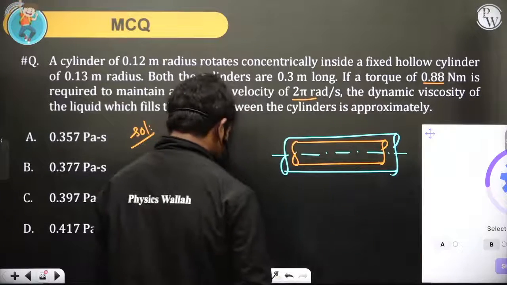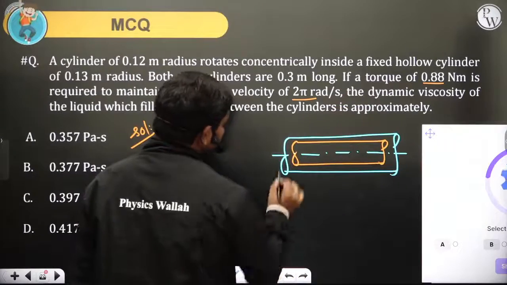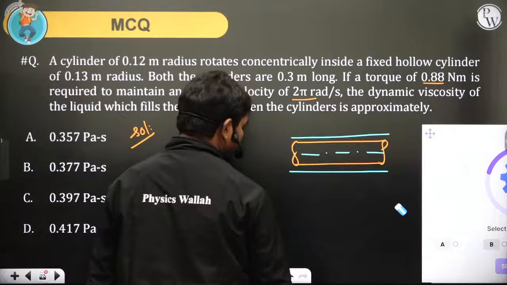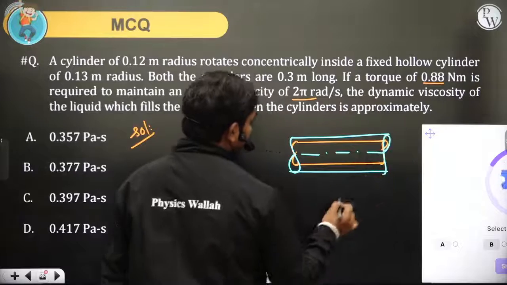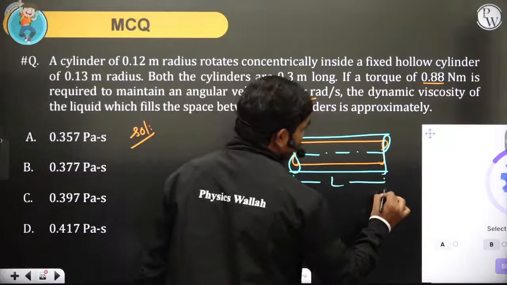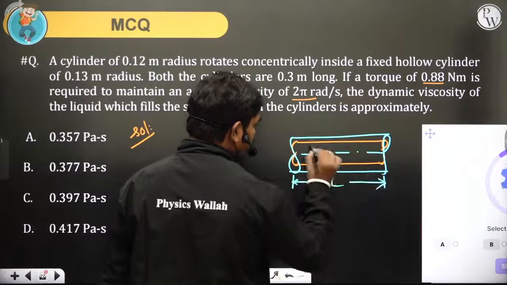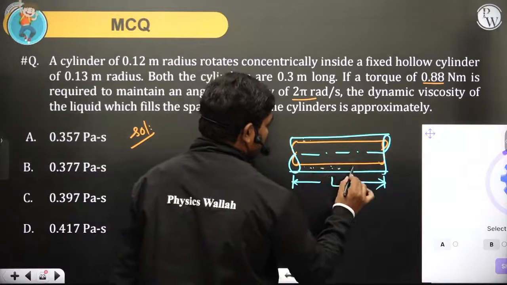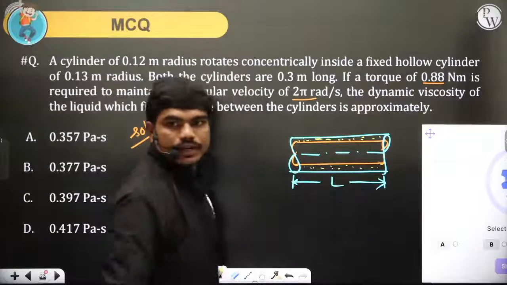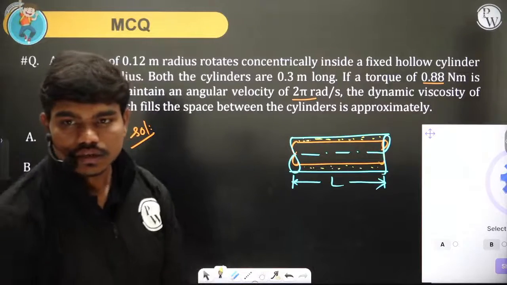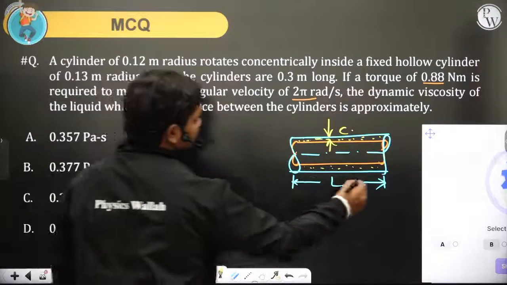Both these are of equal length. So you can clearly see, both these are of the same length L. If this is clearance C, now you know obviously the torque which you require to